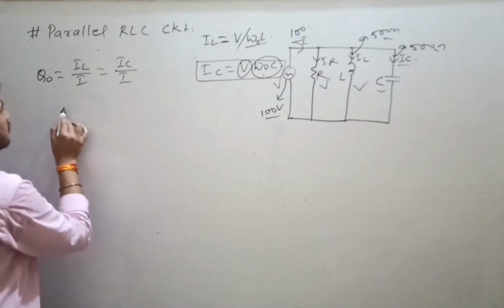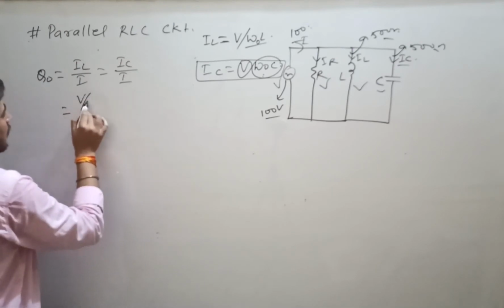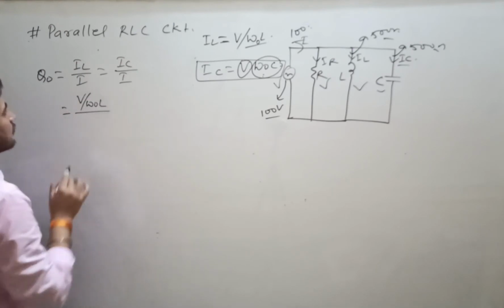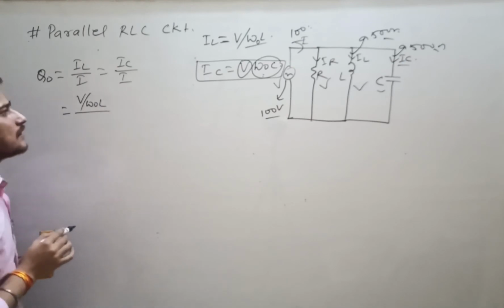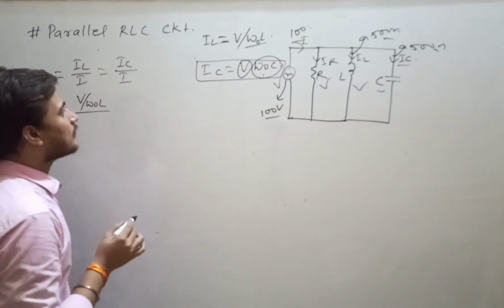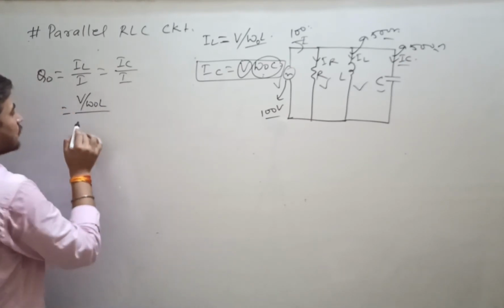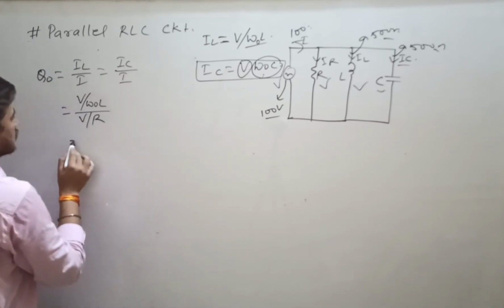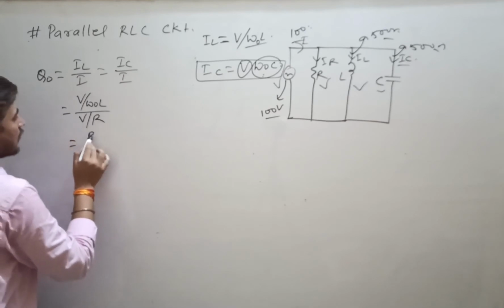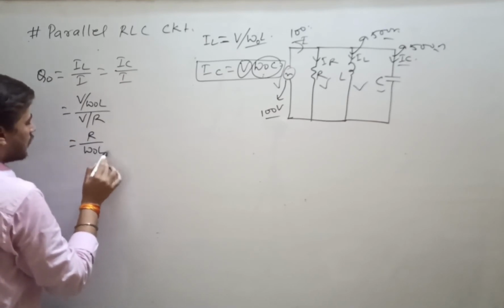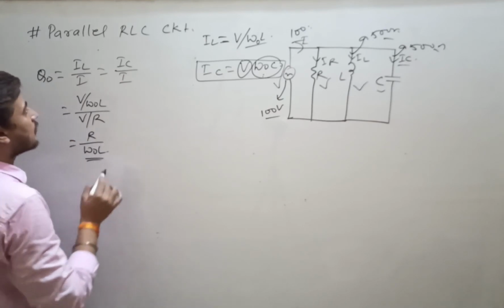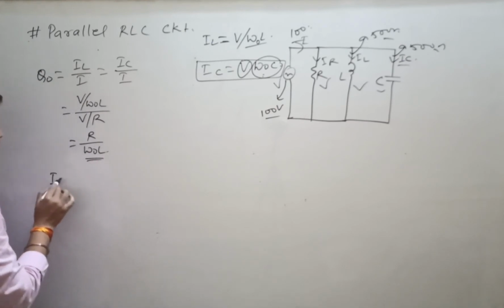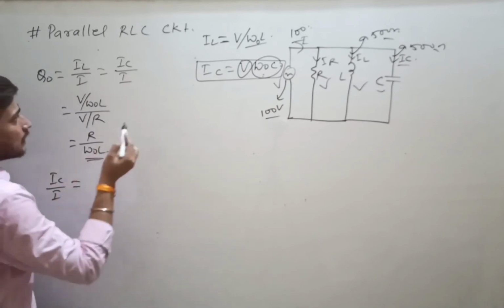IL will be written as V divided by omega naught L. What is the value of I? I is nothing but V divided by R. So you get R divided by omega naught L. Or if you write IC upon I, IC is equal to V omega naught C,